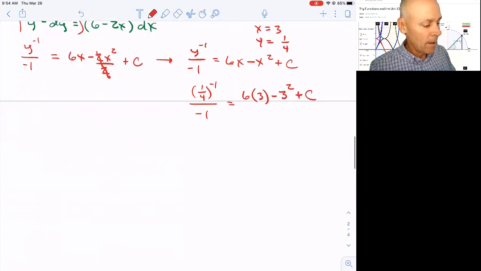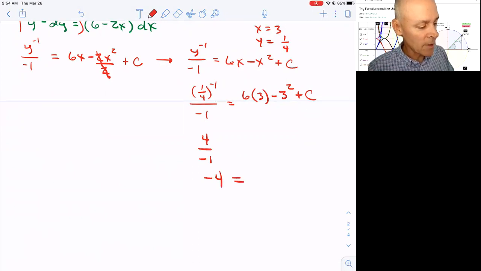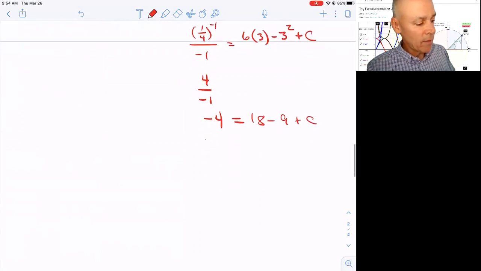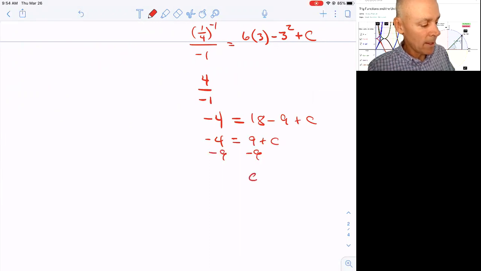On the left side, (1/4) to the -1st, I just take the reciprocal, which is 4. So I really have 4 over -1, or just -4, is equal to 6 times 3 is 18, minus 9, plus c. So -4 is equal to 9 plus c. Subtract the 9, and I get c is equal to